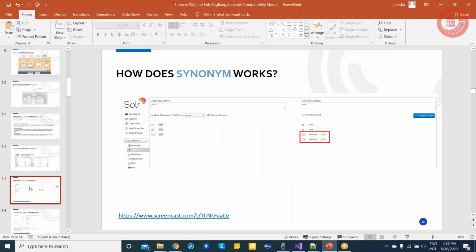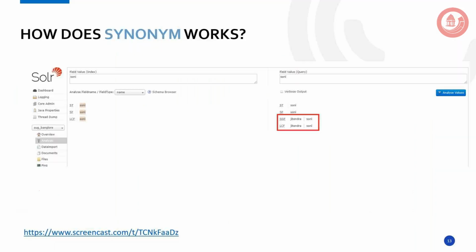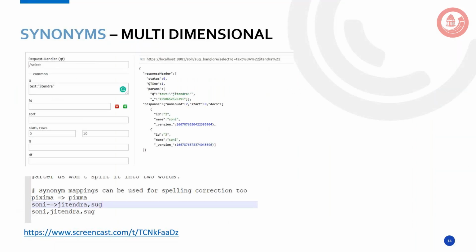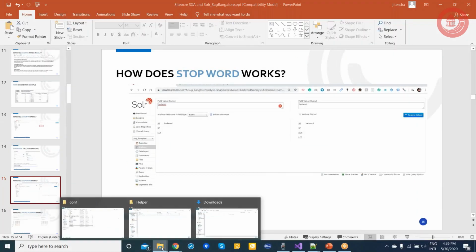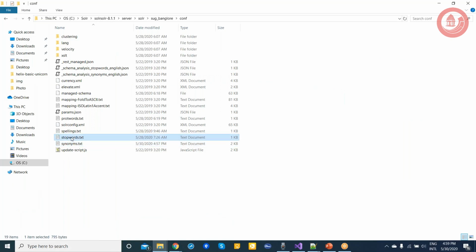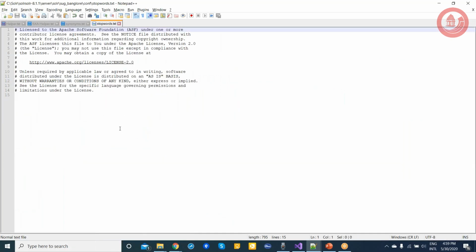Let's go to the next. So this is the two-way. Now what is the stop word, right? The stop word is again a txt file, which you can see in this folder. So why are we using the stop word? Let's say in my company I have a few words and I don't want those words to be indexed or stored in the indexes.